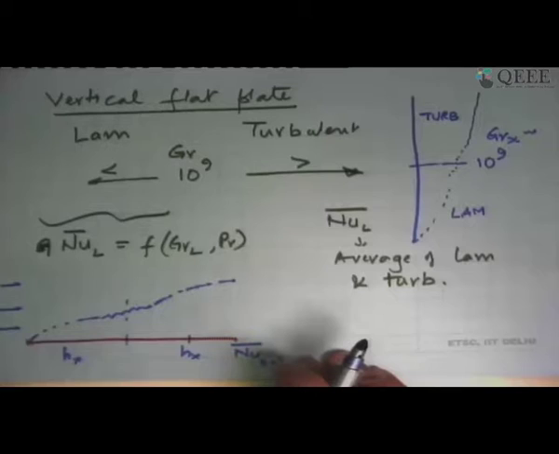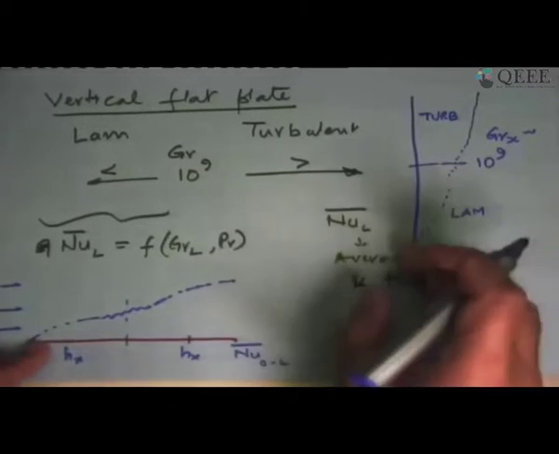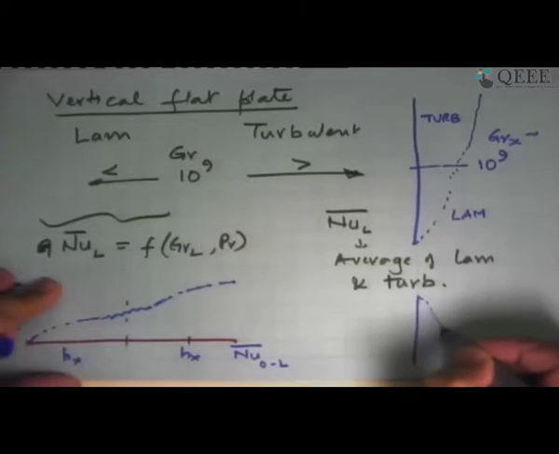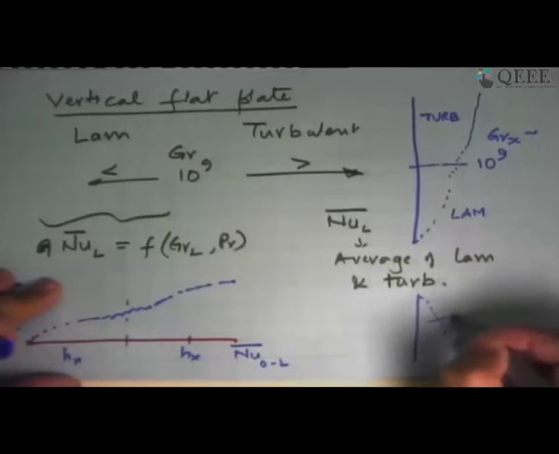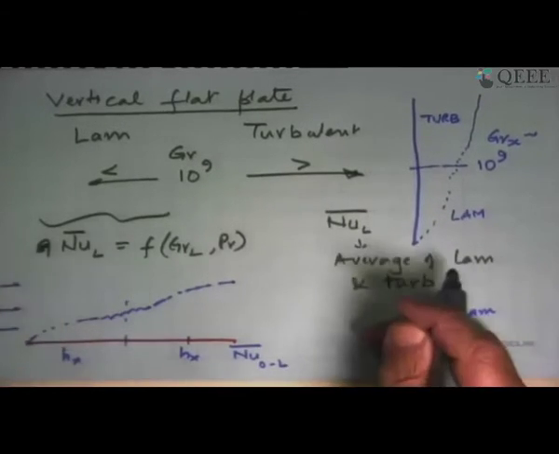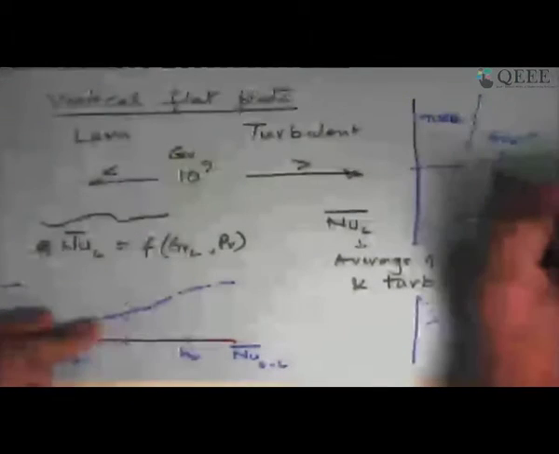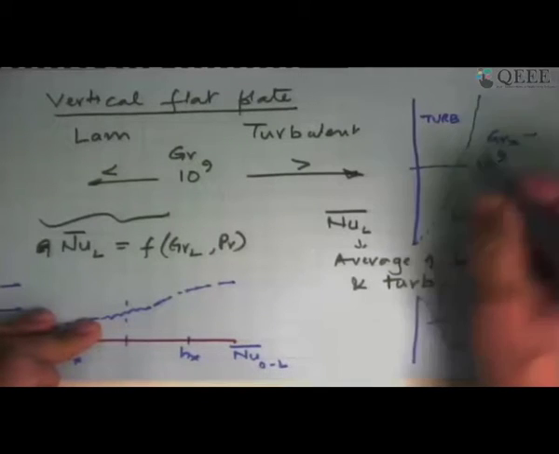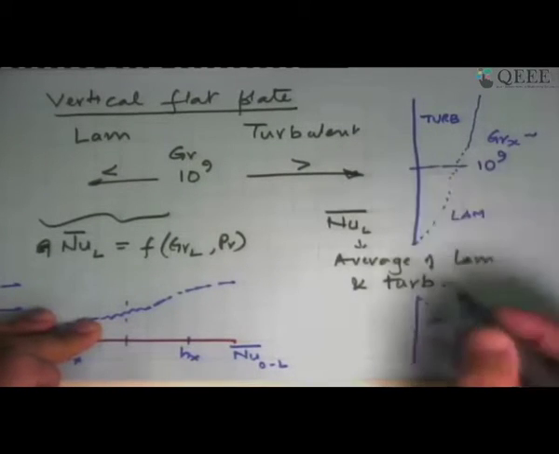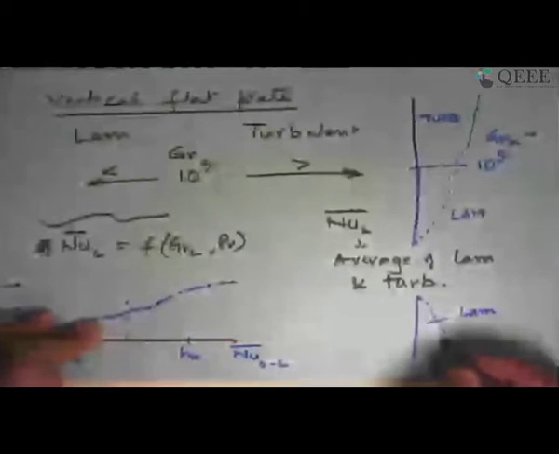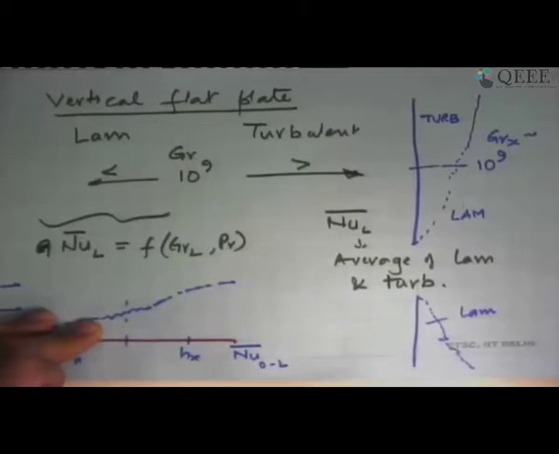So in the problem, if the Grashof number is less than 10 to the power 9, what we conclude is that the natural convection boundary layer that builds up on this plate, or in the opposite case where the plate is cold and the boundary layer builds like that, is a laminar boundary layer, and you have to pick up that particular correlation for this. If the Grashof number is more than 10 to the power 9, it means that the plate has a laminar boundary layer for some part followed by a turbulent boundary layer. Even in this case, it may be laminar up to here and then turbulent up to there.